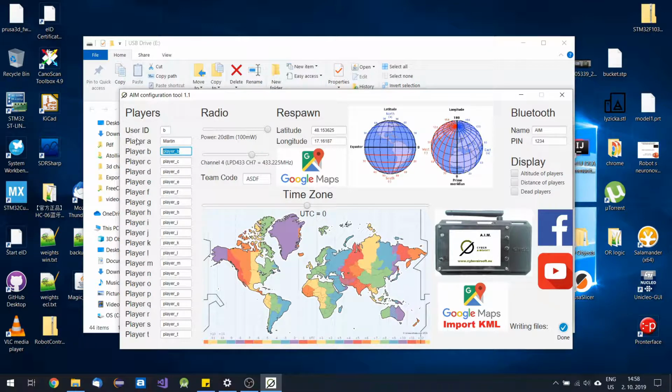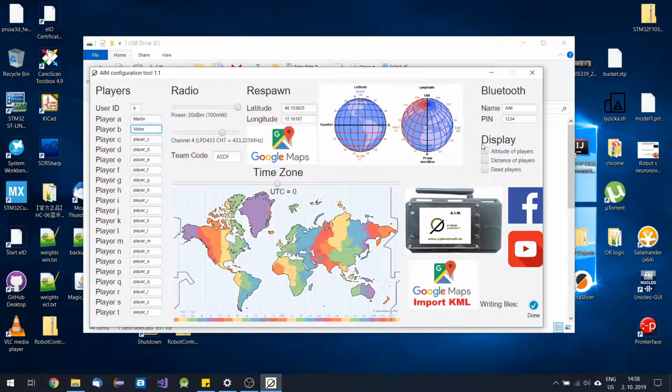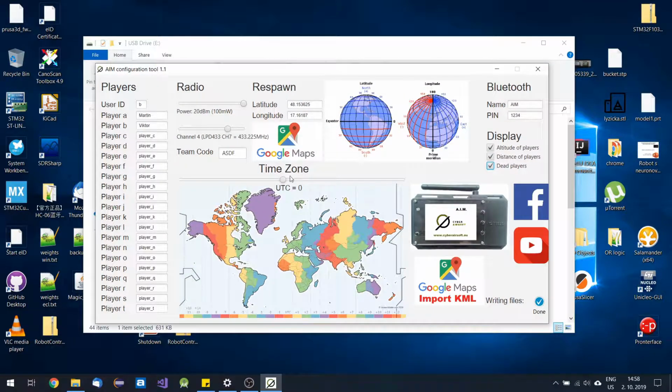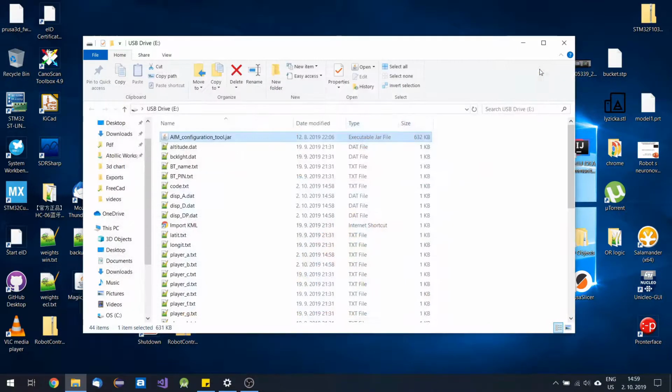My name is Victor, because I'm user B. And also you can change the altitude of players, enable distance of players, and you can decide if you want to see dead players or not. And also you can, for example, change your time zone. It depends what part of the year it is. And you can close that app,